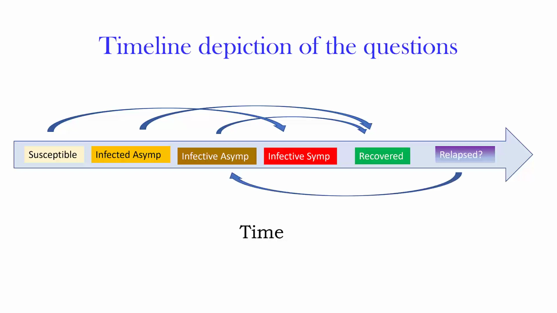And then if you do have a relapse, where do you go? Do you go back into the infected asymptomatics who cannot spread the disease, or do you go back into asymptomatics who spread the disease, or can you actually become symptomatic again and infective at the same time? So those are the questions that we actually want to clarify by some kind of study. What we need to know is how we're going to design a study to measure these things. Is testing the actual study design or not?